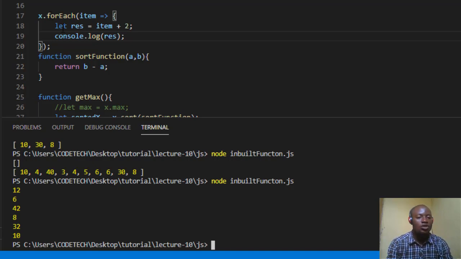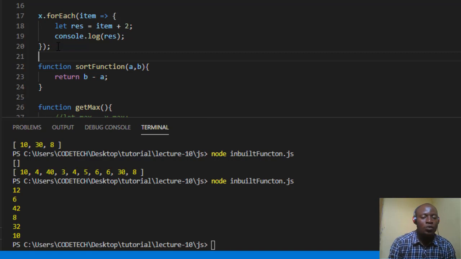It's like you cycling through each and every element in the array without making use of for i equals 0, i less than or equals to. You do not need that when you are cycling through. And forEach is not the only one that we have that does something similar to that. You can as well make use of map, okay, to really map your elements to something different entirely. Now check it out. If you say x dot map,